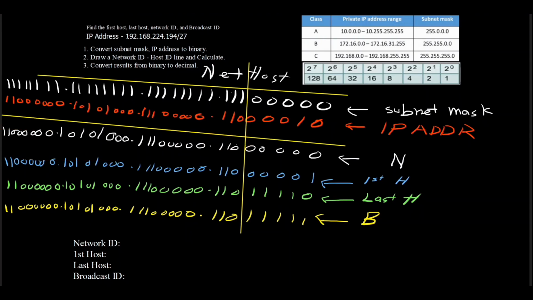So we're going to type in this number, and for the network ID it's 192.168.224,